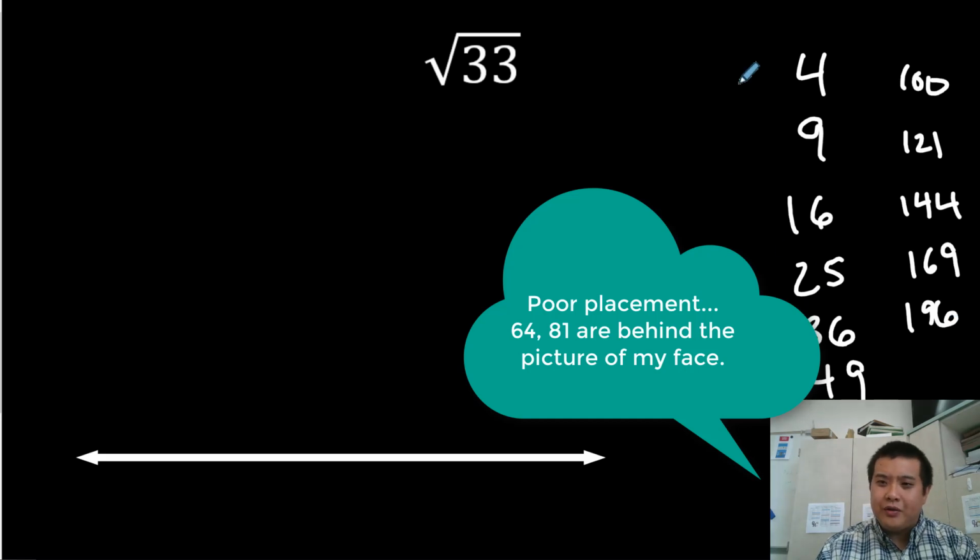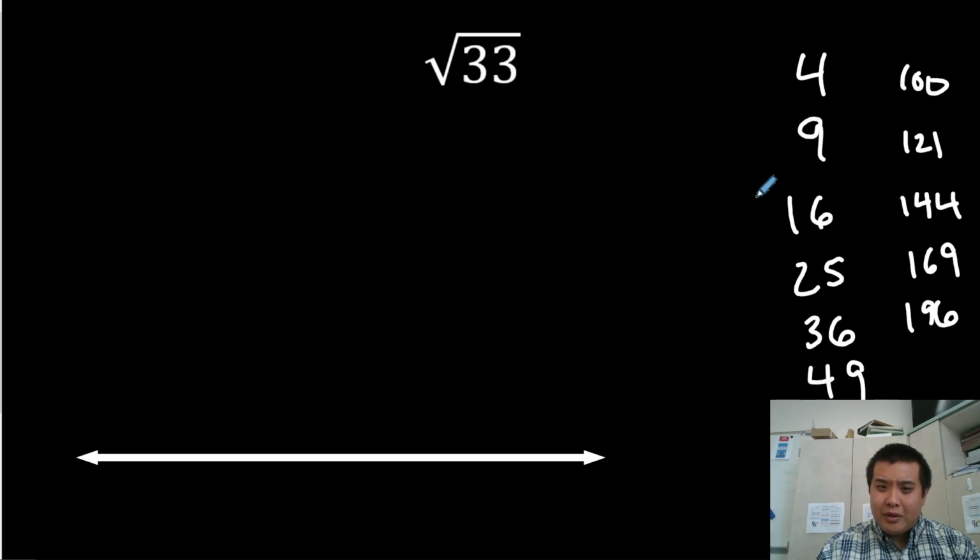So these are our perfect squares, and we need to know this in order to estimate, because the square